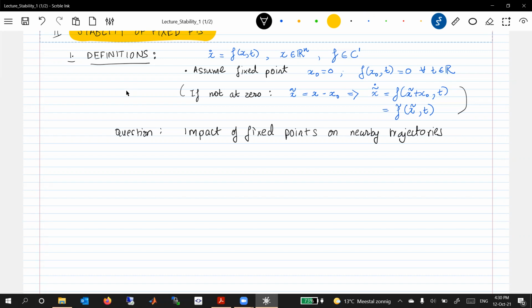So for instance, say x naught is a fixed point, a nearby trajectory could simply be spiraling into this fixed point. A nearby trajectory could be just agnostic to it. It doesn't care. It could also be leaving away from it. It could be spiraling out of the fixed point for all I can tell. So the idea would be that the behavior would be observable in case nearby trajectories are coming close to the